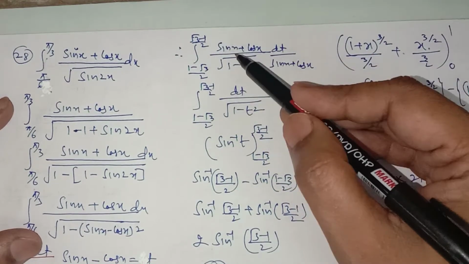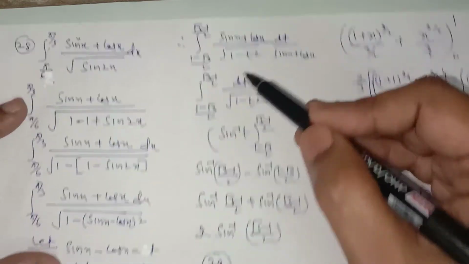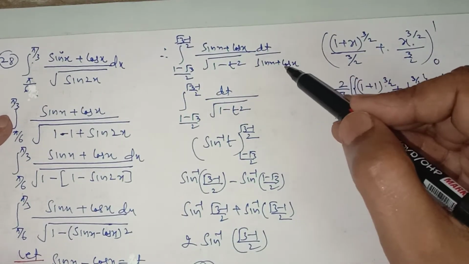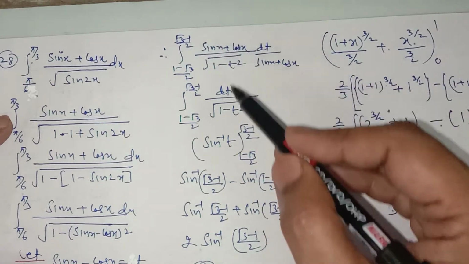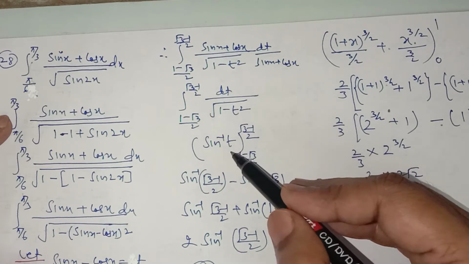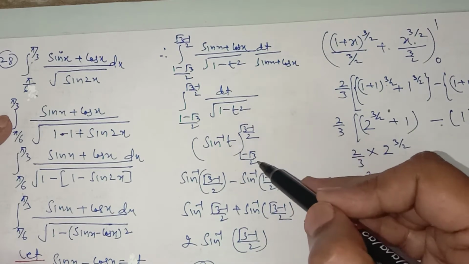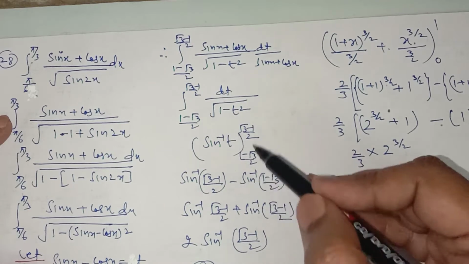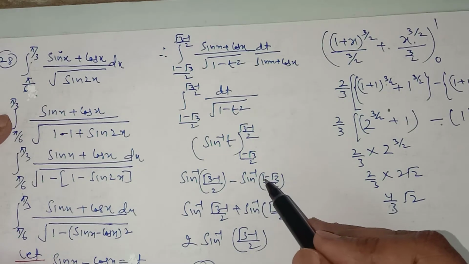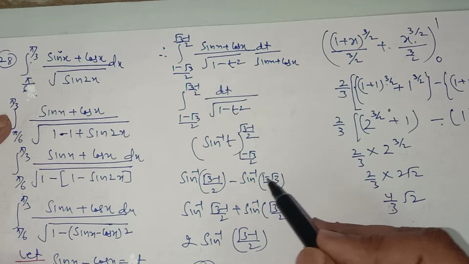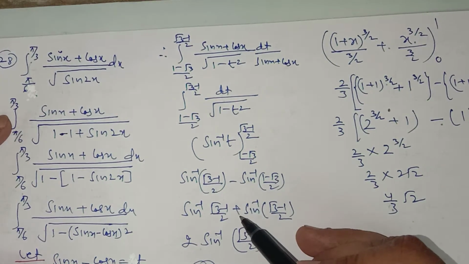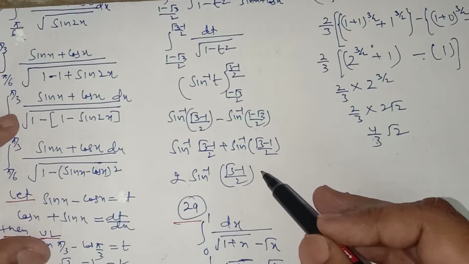See it very carefully. You let sin x minus cos x equal to t, and replacing the value of dx as dt upon (sin x plus cos x), this will be cancelled out with the numerator. So it is only dt upon under root 1 minus t square, which is equal to sin inverse t, with upper limit minus lower limit. In place of t put the upper limit, minus in place of t put the lower limit, and simplify as far as possible. Because 1 minus root 3 you can write as minus (root 3 minus 1), and sin inverse of minus x is minus sin inverse x, so it will become plus. So this is question number 28.